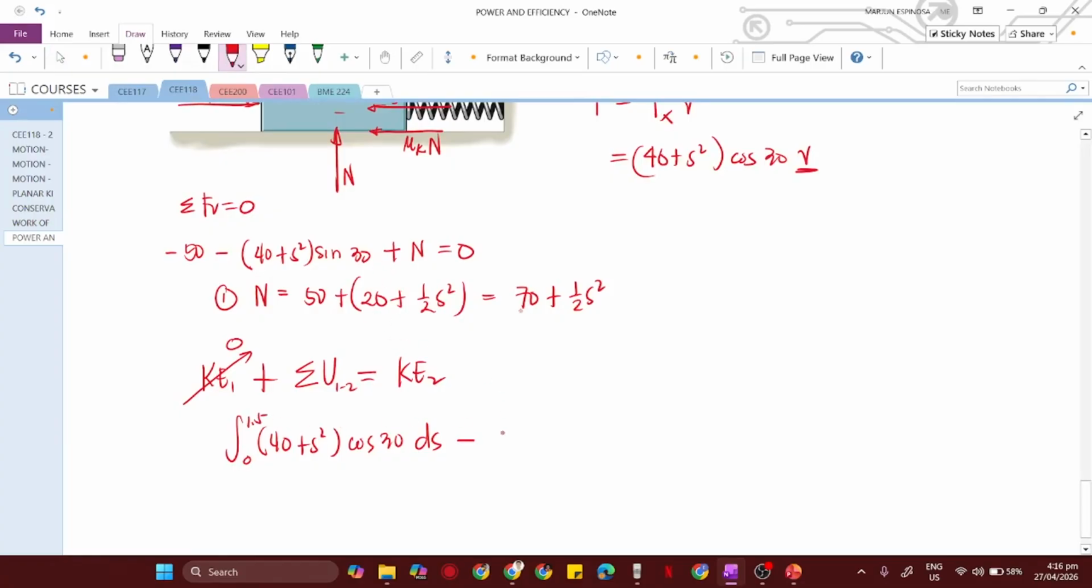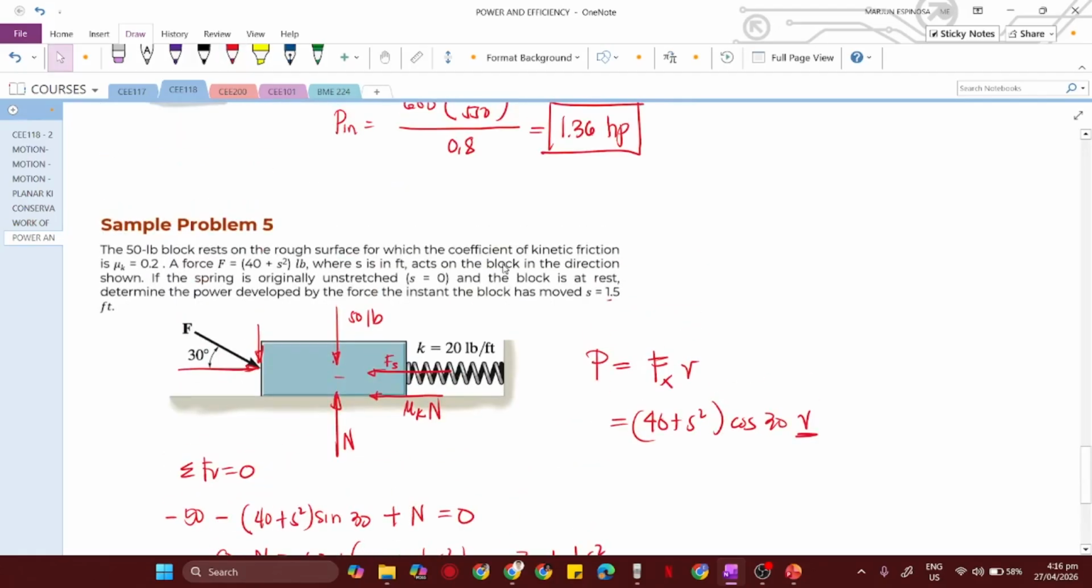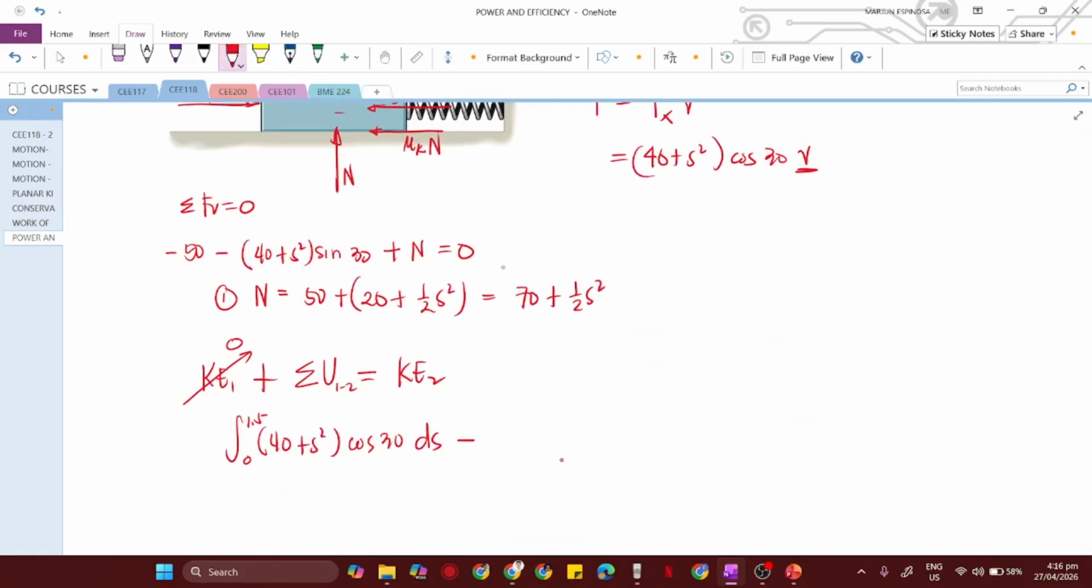Minus, okay, again, minus yung sa work ng MKN. So, yung MK or mu K, sorry, that is 0.2. Okay, 0.2. And then, yung N natin is also a function of S. Tama ba? So, we'll be expecting integral pa rin. So, that is integral of, okay, 70 plus 0.5 na lang, S square. Then, from 0 to 1.5 ds pa rin ito. And then, last one is yung sa